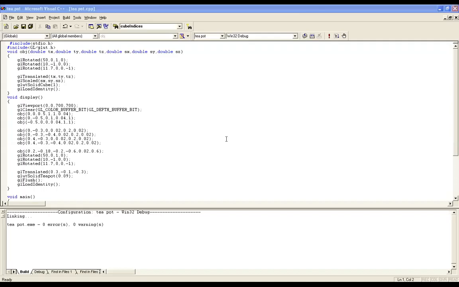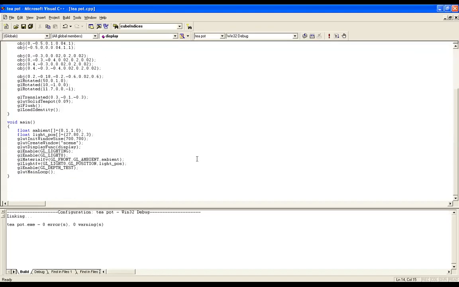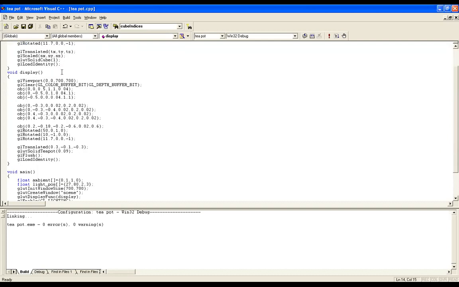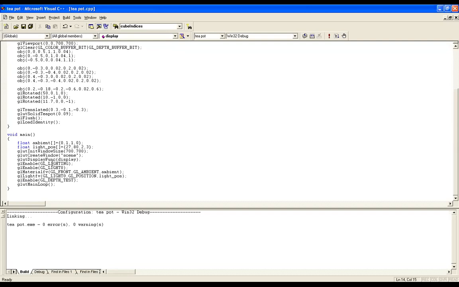So this is the program which I need to explain today and it is a very simple program. If you get this program, I can say that you people can clearly execute it in your lab exams. I'm going to give you the best information with respect to this program which is going to help you to understand. The first and foremost thing, as you people know, I'm going to declare the library files stdio.h and gl/glut.h. And as you people know, the program always starts from the main of the program.